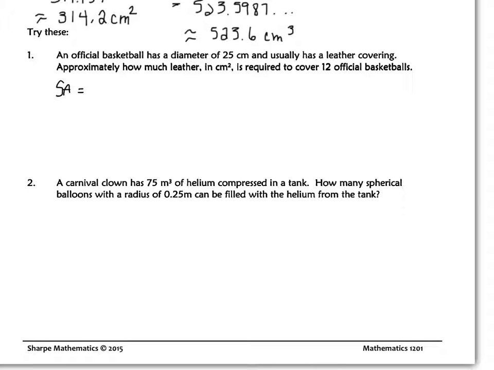So it would be surface area equals 4 pi r squared. So it would be 4 times pi. A diameter of 25 would mean the radius would be 12.5, half of that, squared. So that would be 12.5 squared times 4 times pi, which would be 1963